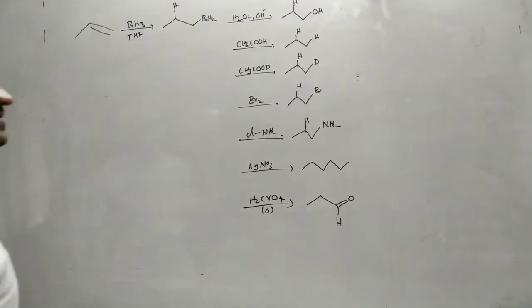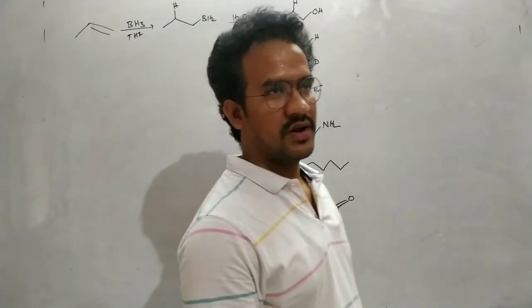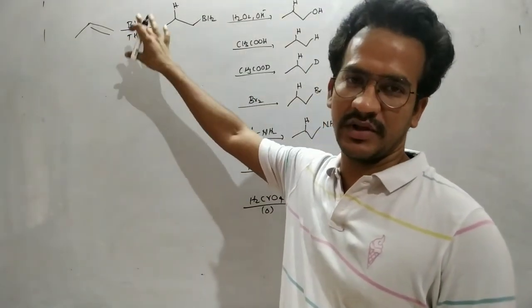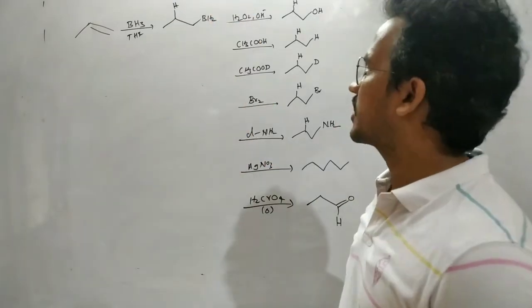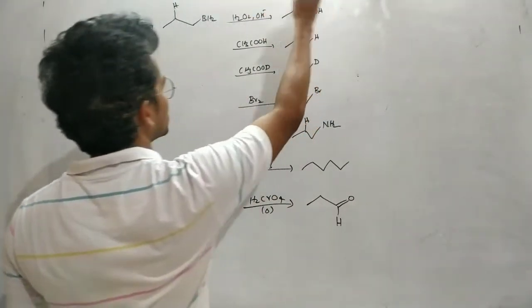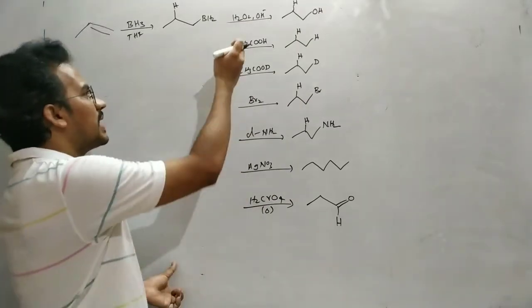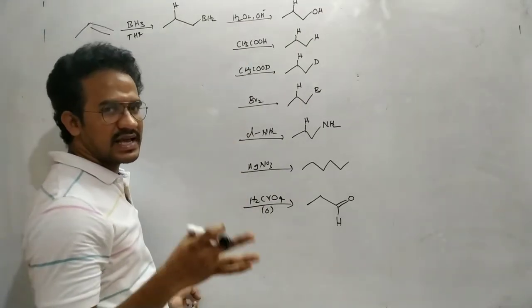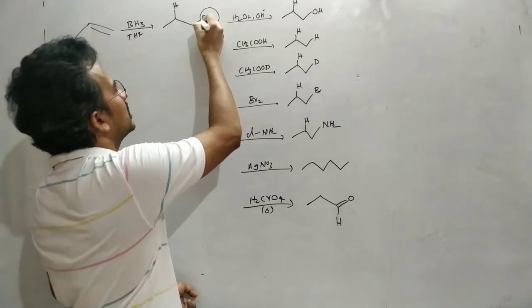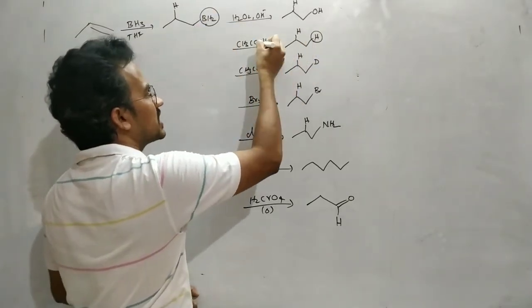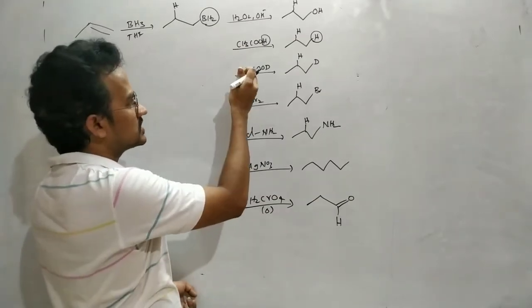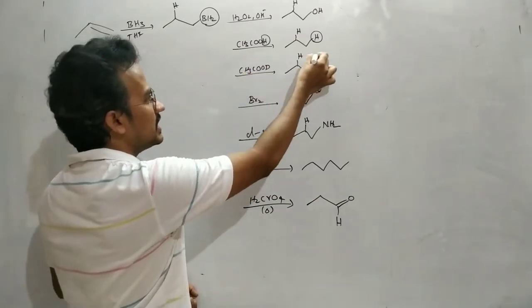So let us discuss some more examples of the hydroboration. First, the hydroboration of propene, addition of the hydrogen and BH2. Now on reaction with H2O2, OH minus, there is oxidation and we get the alcohol. Now by reacting with acetic acid, that is known as acetolysis. Hydroboration followed by acetolysis: in place of BH2, we can see the hydrogen, this hydrogen from acetic acid, CH3COOH. Now if you take CH3COOD, we can see D in the product.